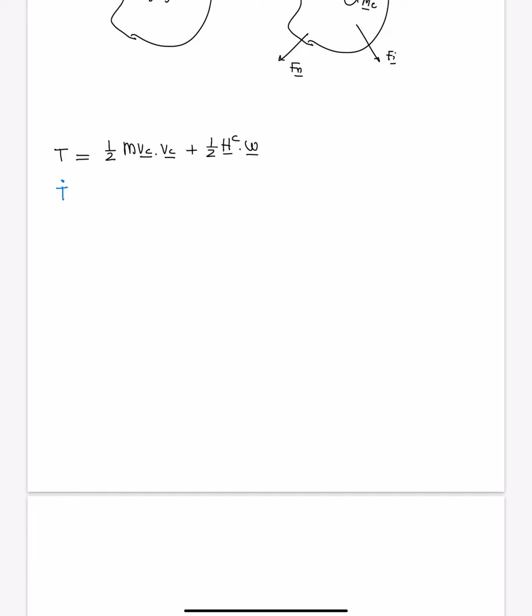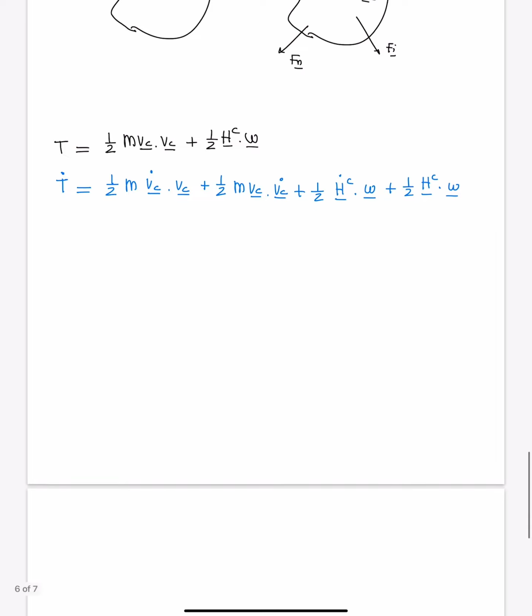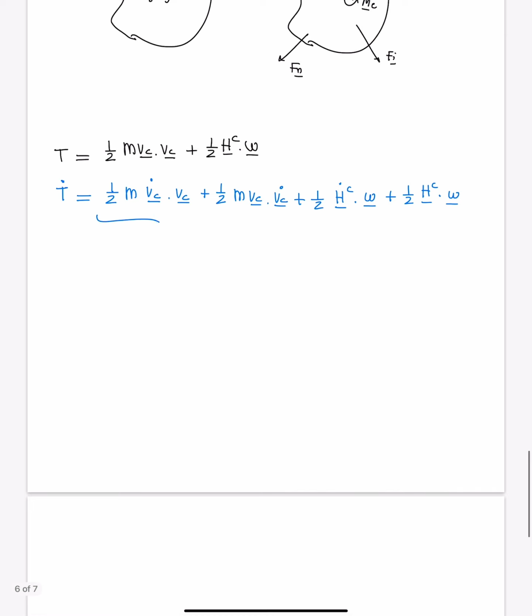The derivative of the kinetic energy with respect to time, T dot, is equal to half m Vc dot Vc, that's the product rule here, Vc dot Vc dot, plus half Hc dot omega plus half Hc dot omega. Cool. So then these first two terms add up to, well, the half goes away. Half plus half becomes 1. M